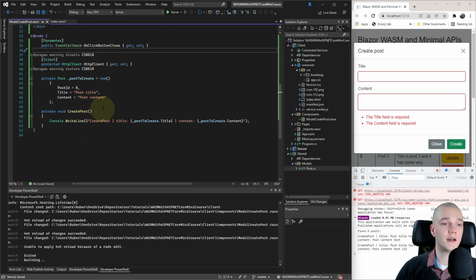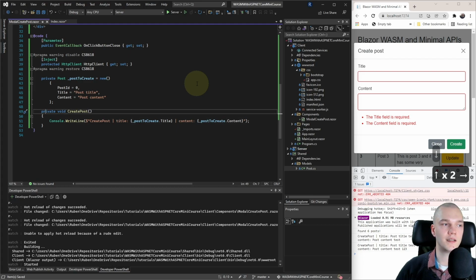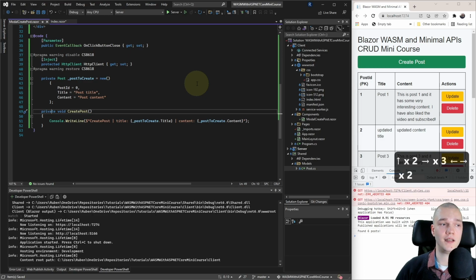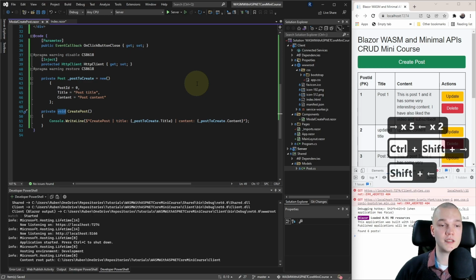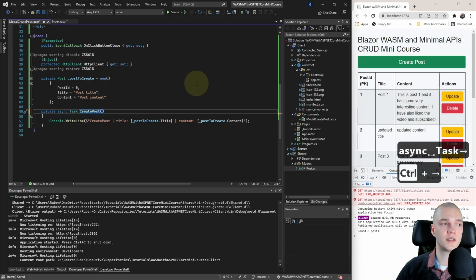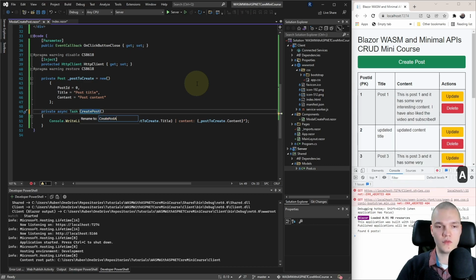Okay, then I'll go to the CreatePost method, and I'll make it asynchronous because I believe everything in HttpClient is asynchronous. So instead of void, I'll do async Task CreatePost, and I'll rename it with Ctrl+R+R to CreatePostAsync.